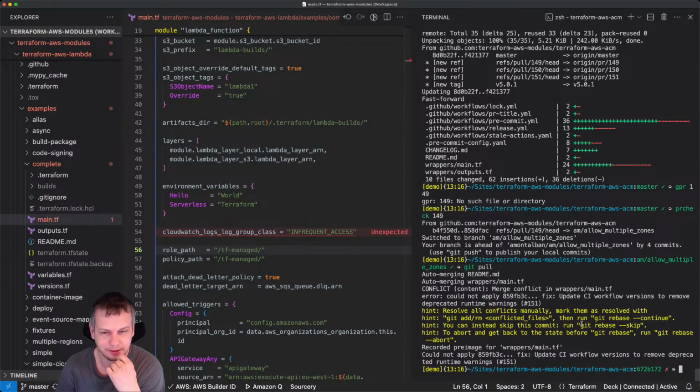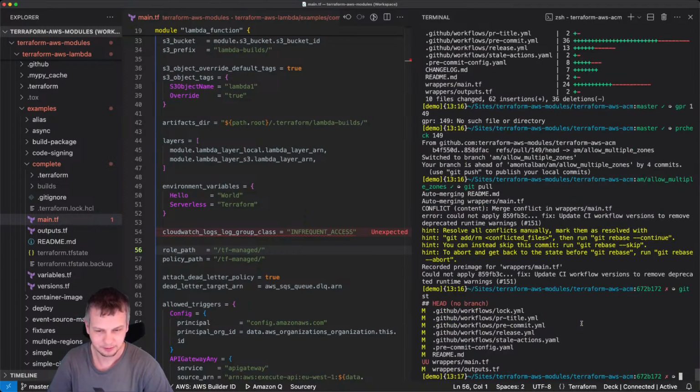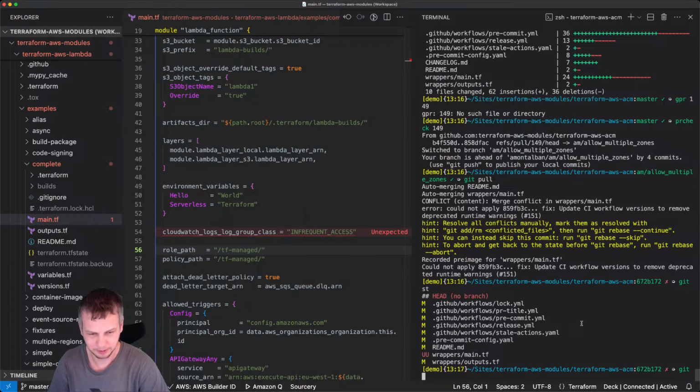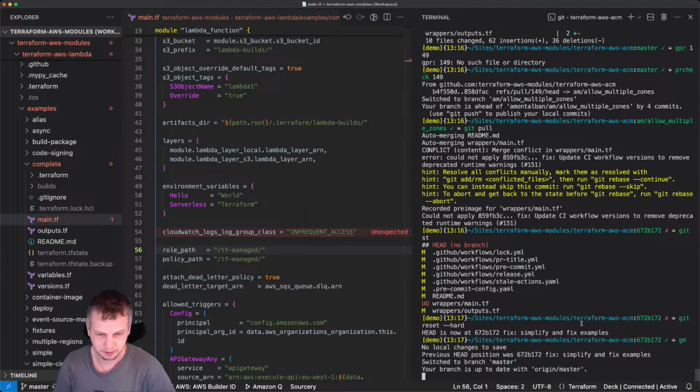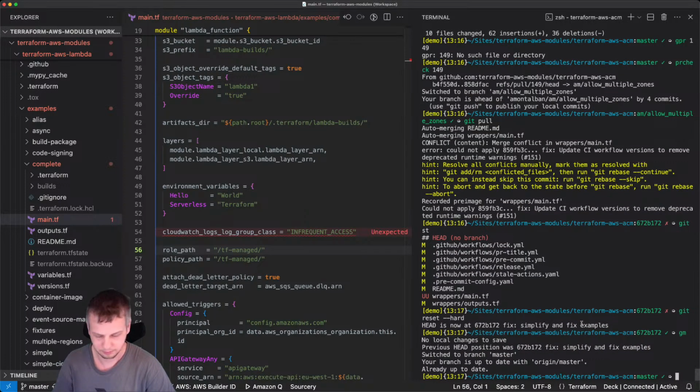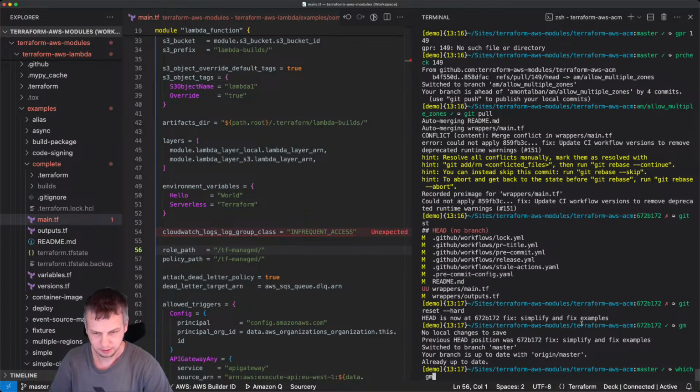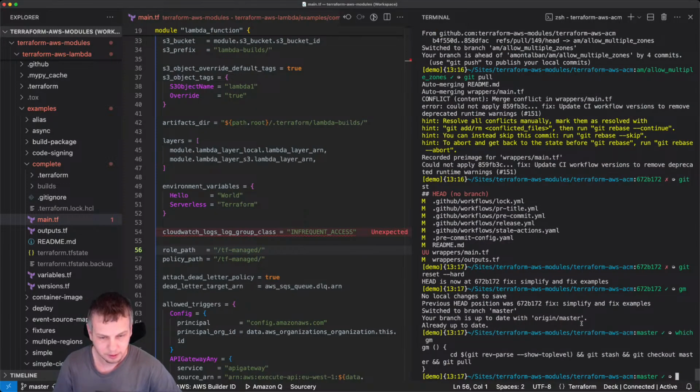No, what is this? I don't know what is happening here, but let's go. Which is git? It's git stash.